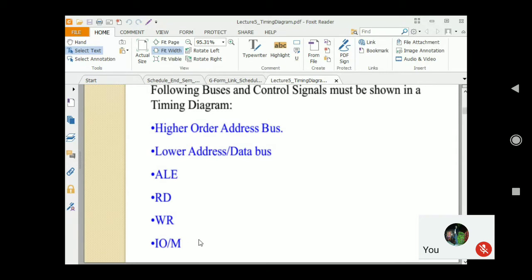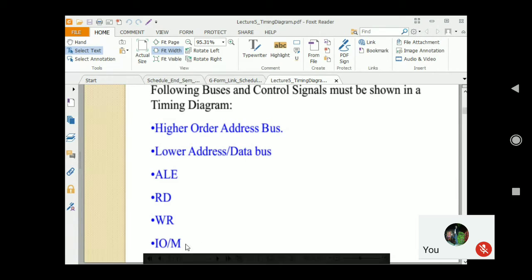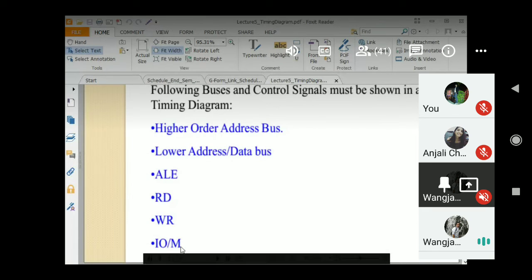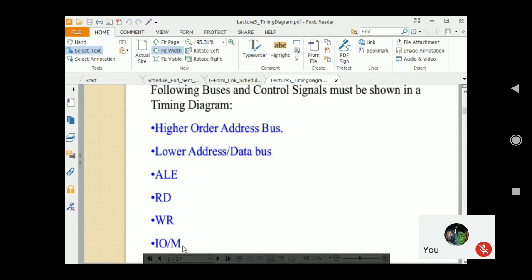In that case, I can give an instruction to my particular microprocessor. In this way we can generate it for memory or for the input-output device, according to the instruction. Suppose I am going to get some input from the memory, then M has to be generated. And again, if I want to give an instruction from the input devices to my memory, then I need to generate the IO signal, because I need to activate the input-output devices connected to my microprocessor.